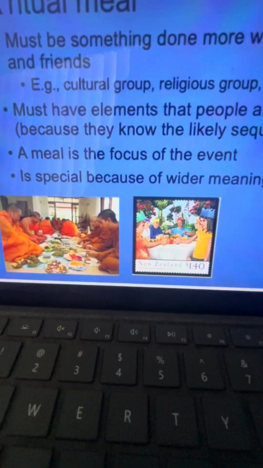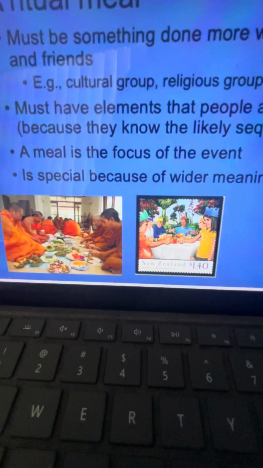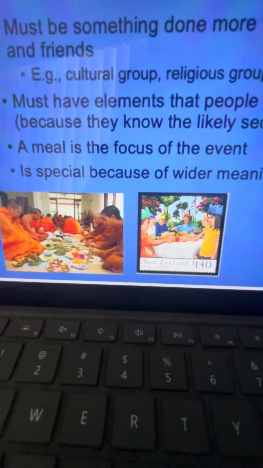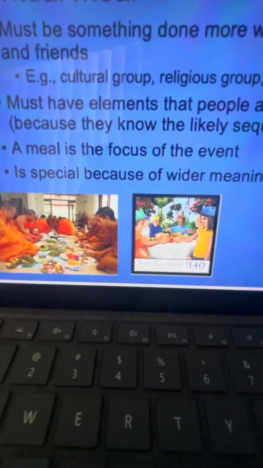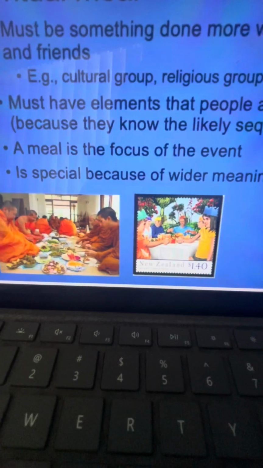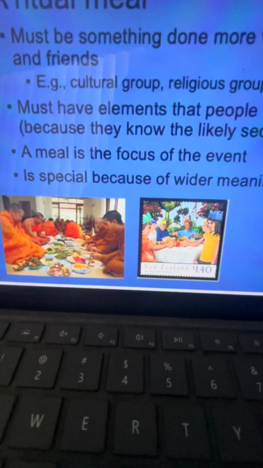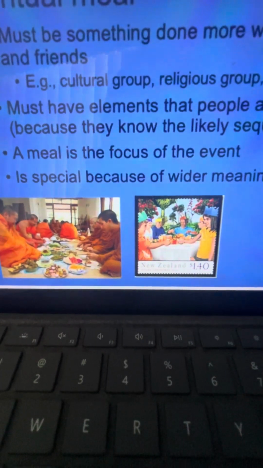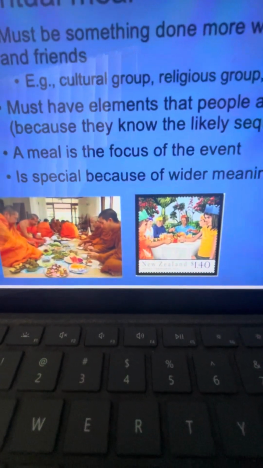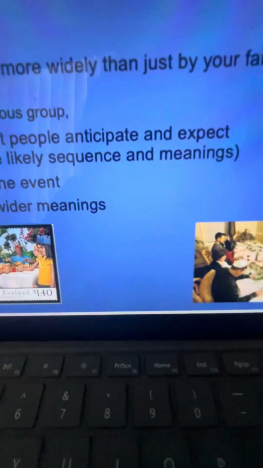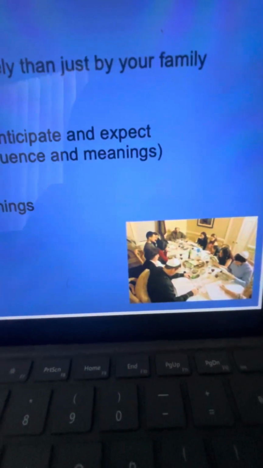And also there's a couple of other clues, like the flowering of the Pohutukawa tree is called the New Zealand Christmas tree because it flowers around Christmas with these beautiful red blossoms. So there's all these elements here that people that see this and know New Zealand at Christmas time recognize this as a Christmas dinner. It's a ritual meal. And then on the other hand, we have a Seder, which will be familiar to many Americans.